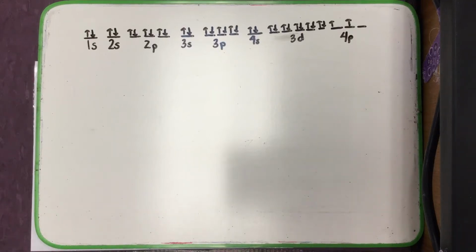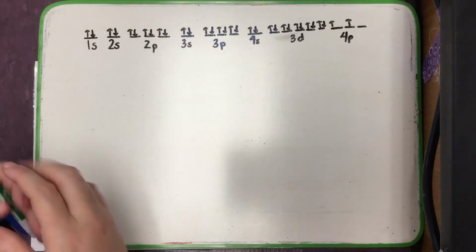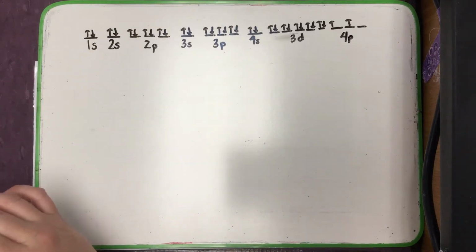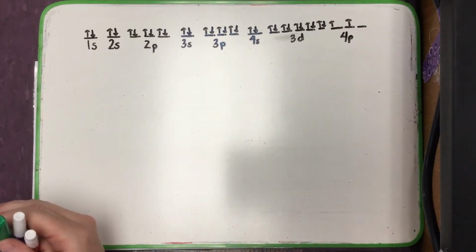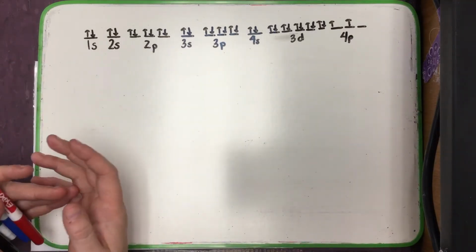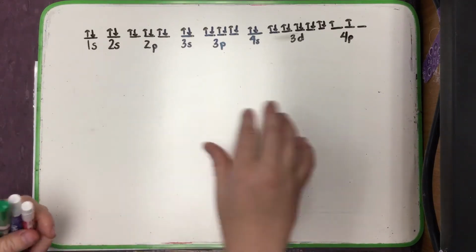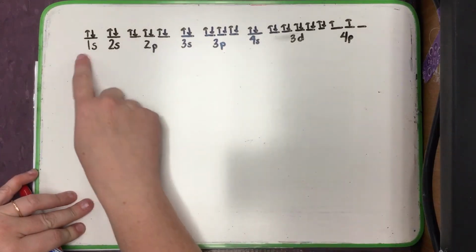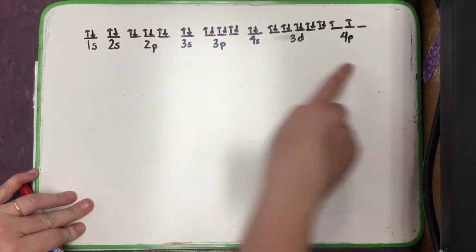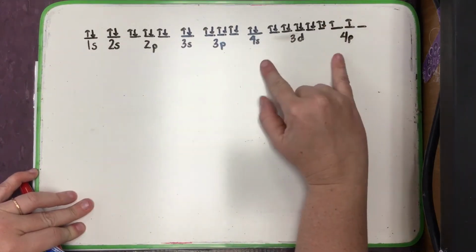Now that you've had some practice writing out some of the simpler shorthand orbital notations, today we're going to look at different ways we can condense this information in a form that's still fairly easy to represent. But we need to make sure that with whatever representation we choose, we are still able to count the important things. That would be our energy levels, our subshells, our orbitals, and even things like unpaired or valence